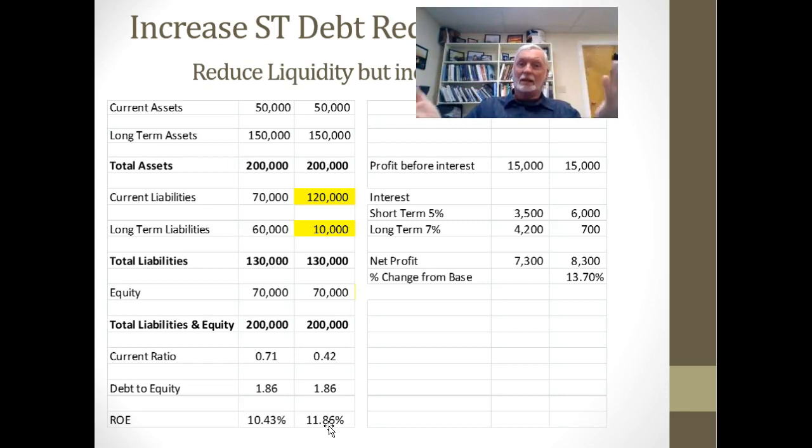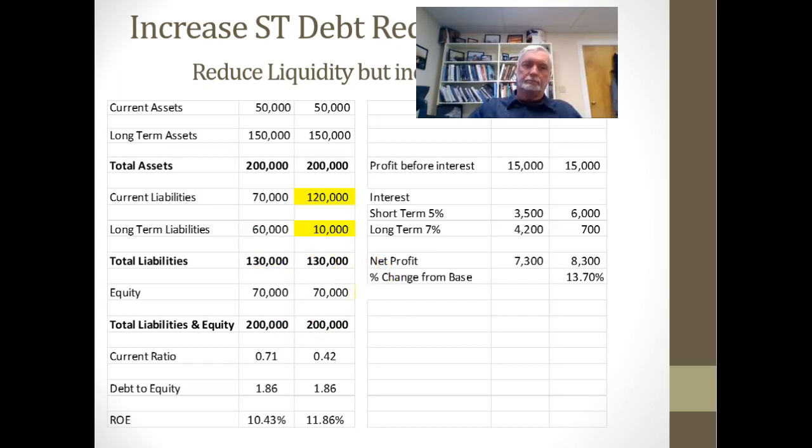I'm just balancing, and you can see the risk number here changes, and it changed on the last scenario in the other direction. We got more liquid, now we're getting less liquid. Does this affect operations? No, it doesn't affect operations, unless the risk is realized, unless I can't pay my short-term obligations and I end up going bankrupt. But if I don't, operations continue, and they continue earning money, and in this case we've assumed